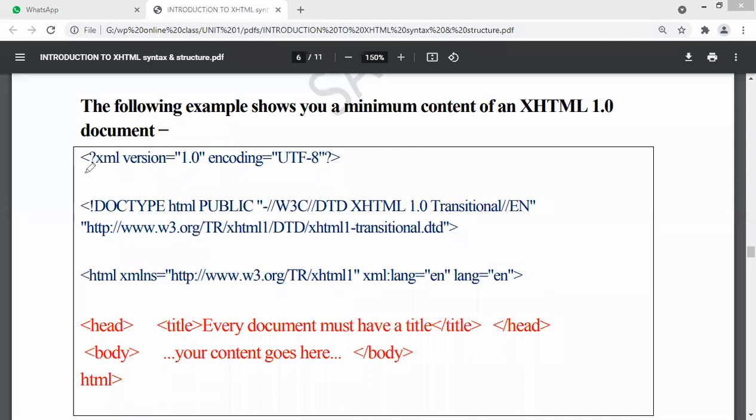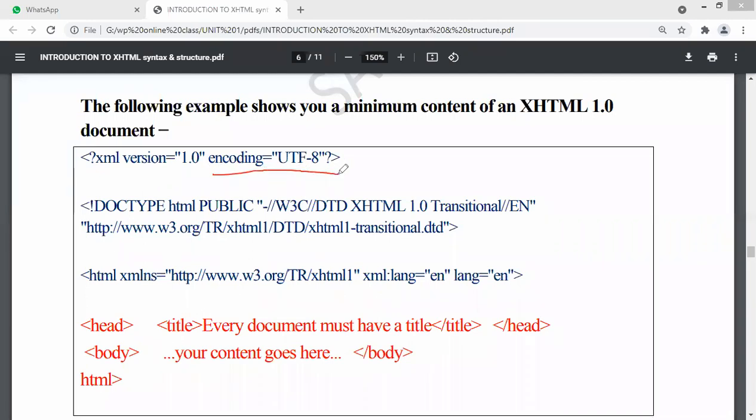See, we have the first line, that is XML version 1.0. So what is this? It is telling us that XHTML is a combination of HTML and XML. Therefore, you have to write this compulsorily. You have to write the XML version. What is the version of your XML? 1.0.